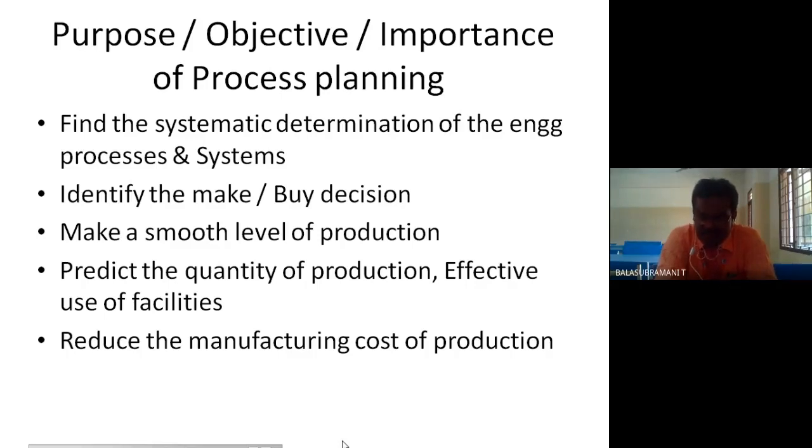In make decision, which one is applicable? That is when all the resources are available in our industry to make a gear blank, the company itself can provide castings and molding. So this is easily made for the gear blank. But at the same time, in the buy decision, if you make the gear blank within the industry, considering profit, electric charge, labor and so many things, all the data to calculate the cost of the one product comes to 220 rupees. So the industrial person withdraws the make process. It is easily purchased from the outside market at the low rate of 200 rupees. It is fit for the profit.